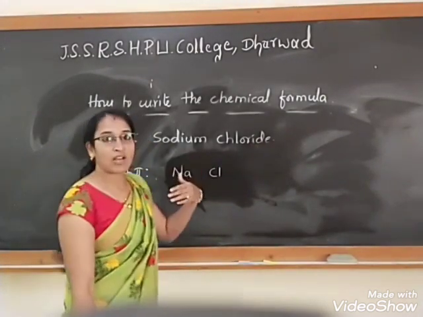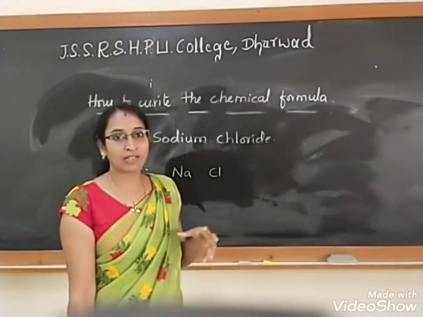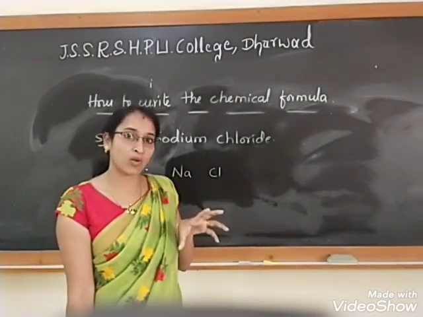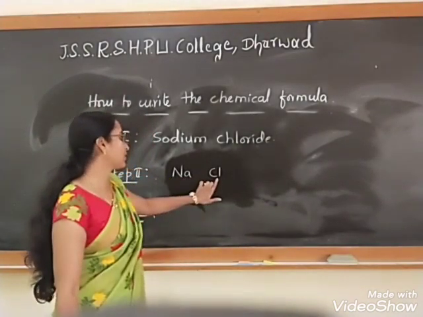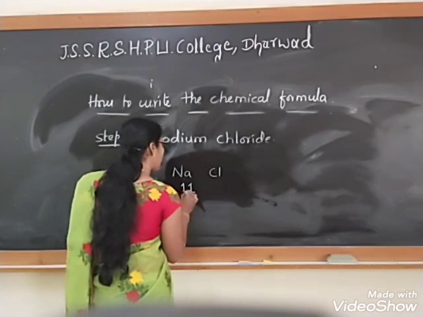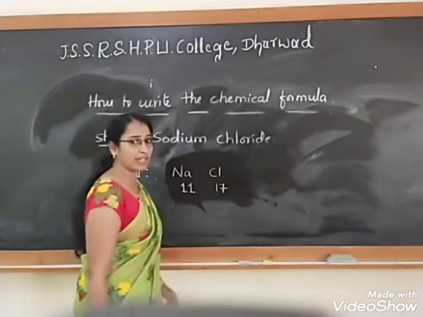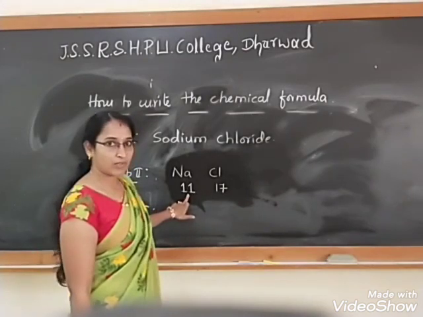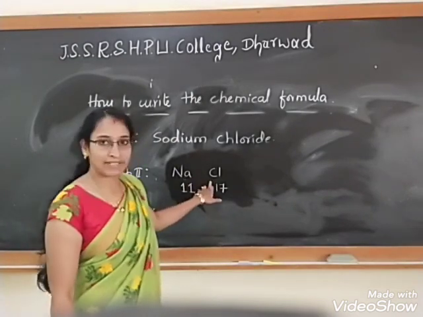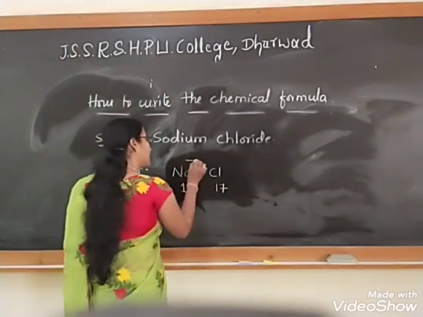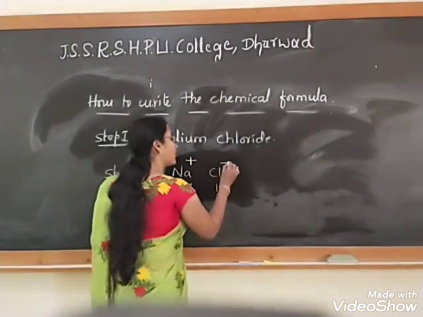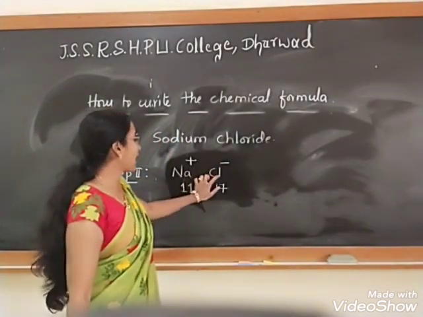Understood? As I already explained, an inorganic compound contains one acid radical and one basic radical, then only it is a neutral one. So it is an ion. Okay, so sodium matte chlorine iruvanta element. So sodium ಗೆ ಎಷ್ಟು electrons ಇವೆ? 11 electrons are there. Chlorine is having 17 electrons. So one electron is excess for sodium, one electron is less for chlorine. So to attain stability, it loses one electron to form Na plus, that is the sodium ion. Chlorine gains one electron to attain stability to form Cl minus ion. Okay, so Na plus and Cl minus.